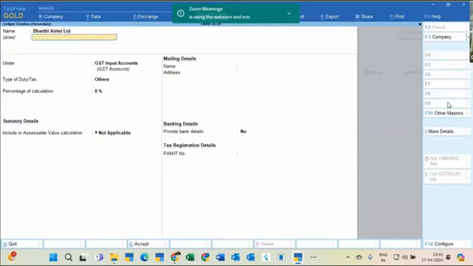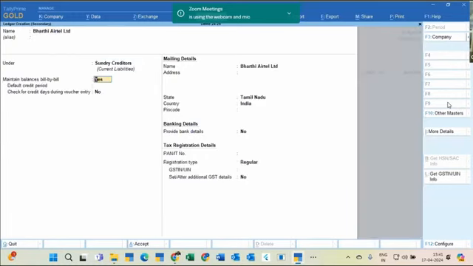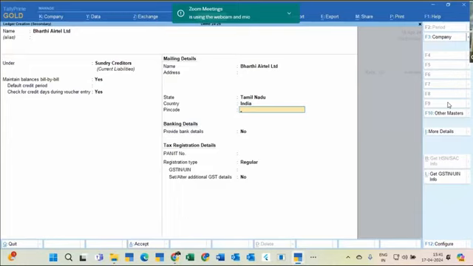Bharti Airtel Limited, and this is a sundry creditors. I am not getting into grouping. Even grouping, we will do it differently. We will say sundry creditors for expenses, sundry creditors for goods, under sundry creditors. This office is in Tamil Nadu. He is having the bill which is generated from Tamil Nadu, and